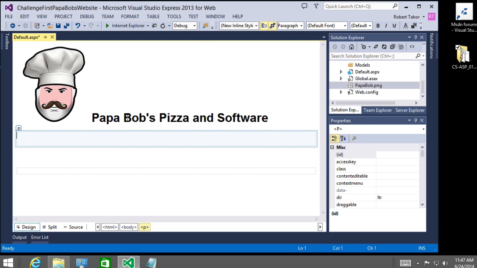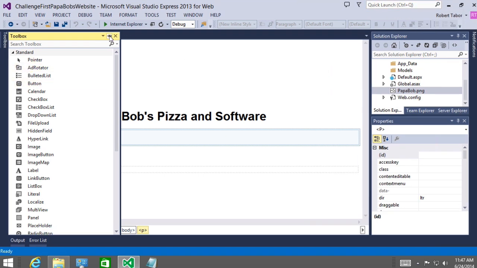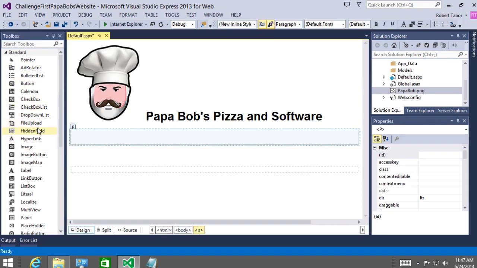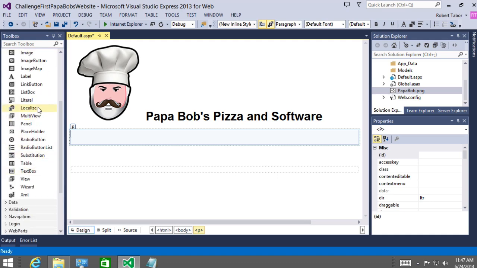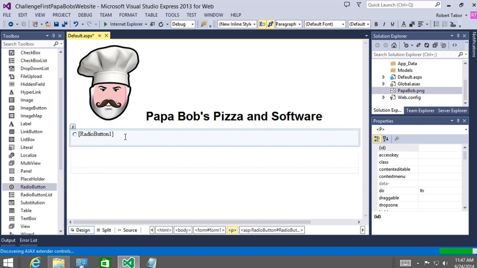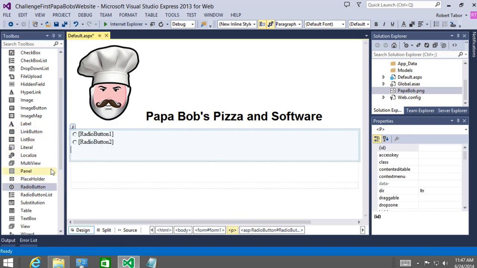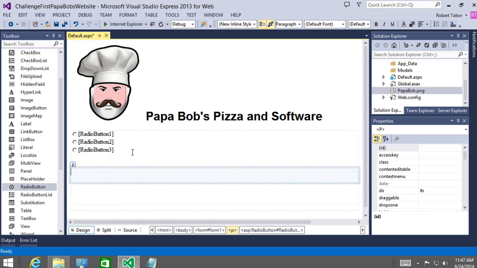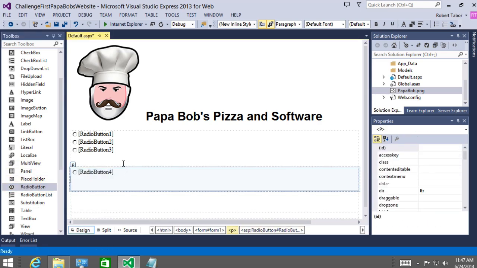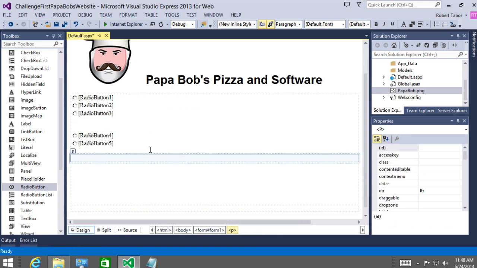The first thing we need to do is create several radio buttons. Let me, first of all, go full screen and then pin this down. And now we're going to add some radio buttons. So I'm just going to click radio button, radio button, and radio button. All right, I know the next thing I'm going to need is another set of radio buttons. So I'm going to add another radio button and another radio button. And then I'm going to need five